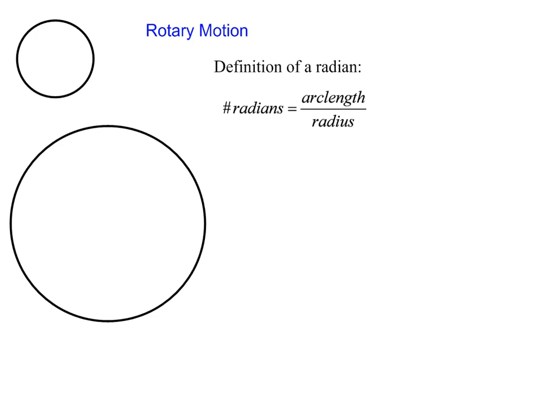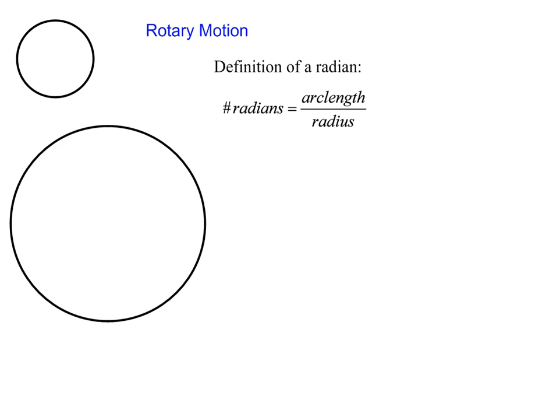What rotary motion problems are about is objects that are spinning, like a wheel or a Ferris wheel or a gear or a pulley or any of those things. The problems in rotary motion describe what's going on with those things that are spinning. So how fast is it spinning in angles per time? How fast is an object on the thing that's spinning actually moving in meters per time or miles per time or something like that? There are a number of different things that we have to keep track of with rotary motion, but we're going to start by going all the way back to the idea of what a